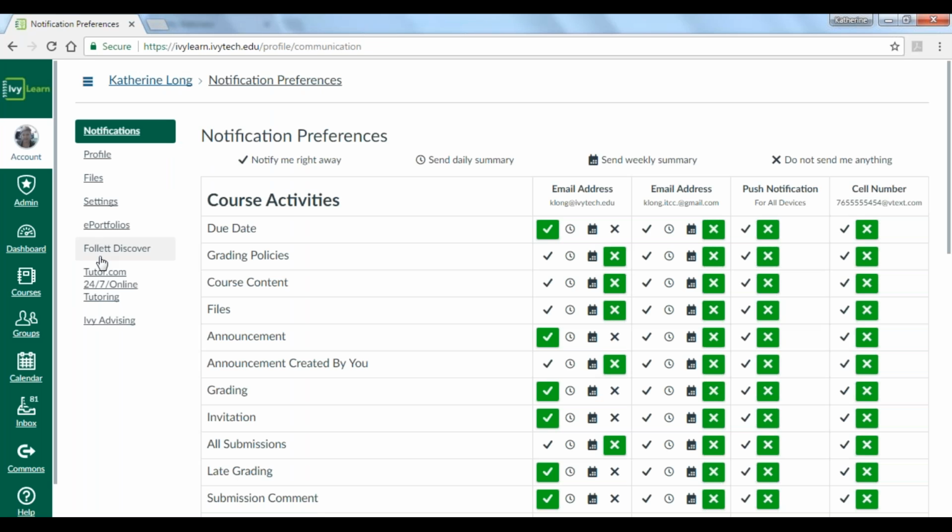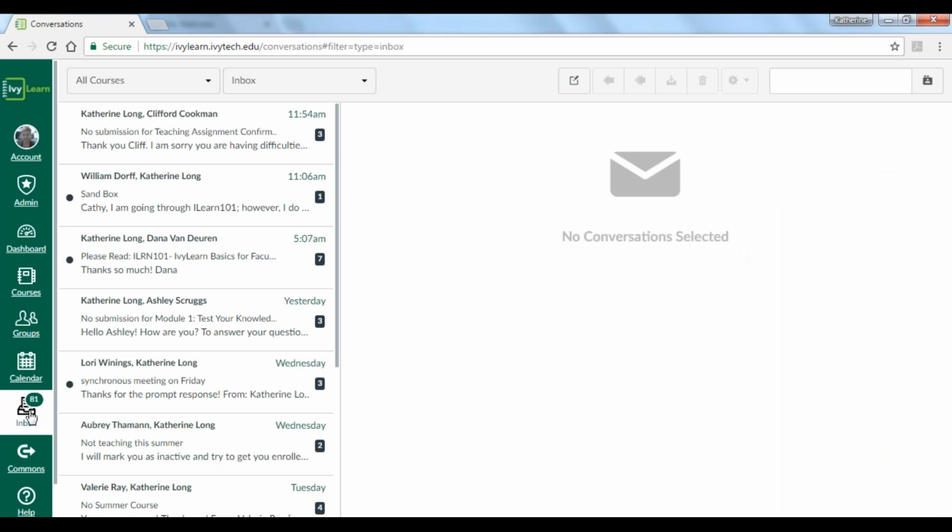This is very powerful. Set that example for your students. This will allow students to customize how they interact with the content, how they stay engaged with the content, and this will also help you stay engaged with your students. So as an online instructor, you're going to use that conversations tool, which is another word for messaging, and you can do that through the inbox, or you can communicate with your students through that Grade Center.